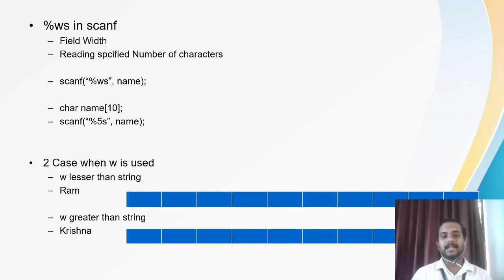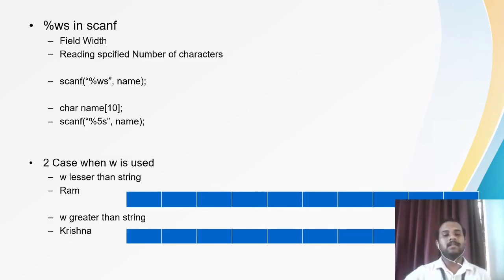I can insert Kiran there, but N will be neglected, because for a string you are going to need the support of the null character also. Then why is Good taken? G O O D, then the null character. But what happened in Kiran? K I R A N. So 5 characters only will be taken. So N cannot be taken, and instead of that I should take the null character.